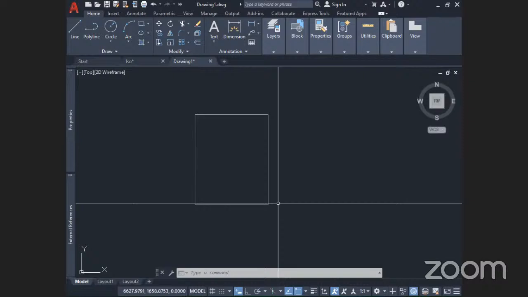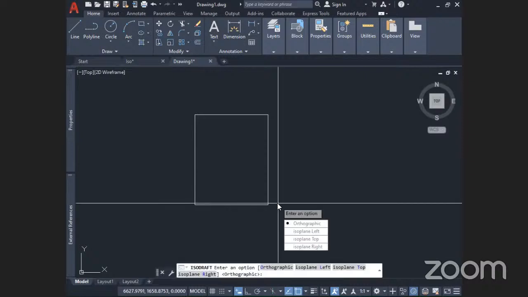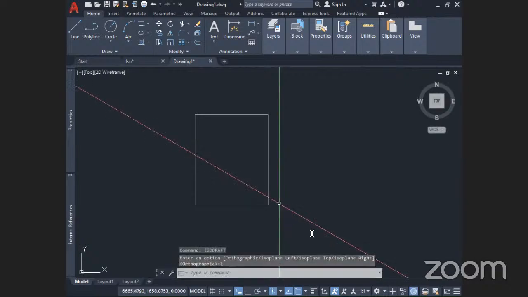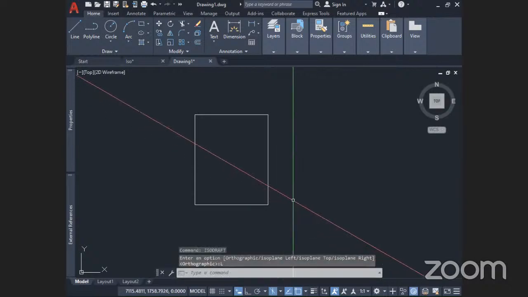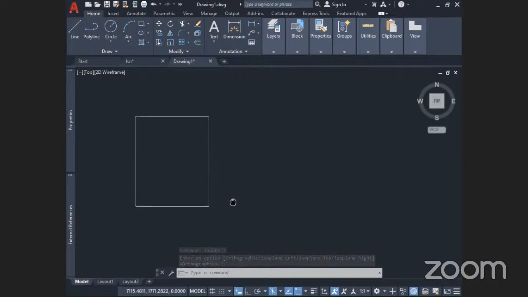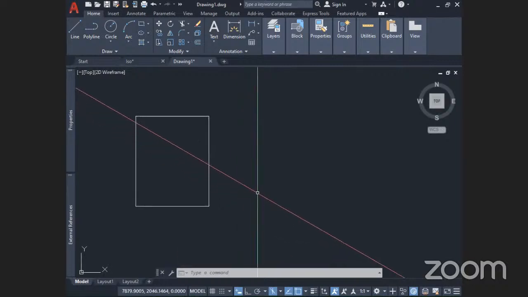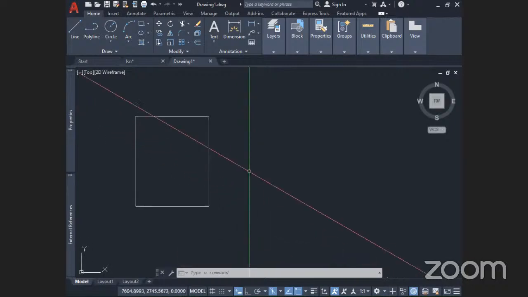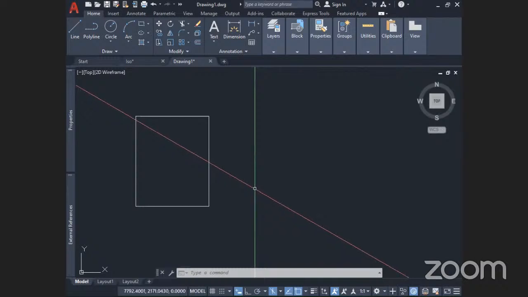So now I'm going to turn on the ISO mode, ISO draft, and then I will move away from the orthographic projection and go to, let's say, the left plane. Now you see the cursor changes, and it's showing you that yes, you're working on the left plane. You see the X and Y represented with the orange and green lines, respectively. If you can see this,